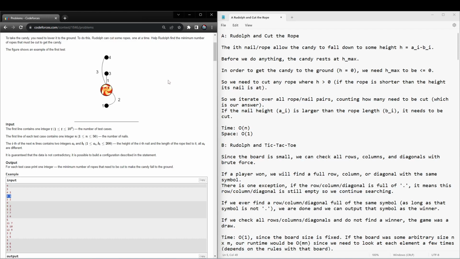So we need to cut any rope where this value h is greater than 0. So if the rope is shorter than the height its nail is at, we can see here we need to cut this one because the rope is only 1, but it's at height 3, so our candy can only drop to 2, and we need to cut this one since the nail is at height 4, but the rope only drops down to height 1. So these two will both keep our candy from getting down to the ground, so we need to cut